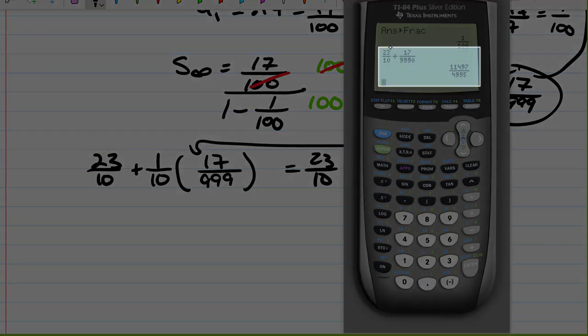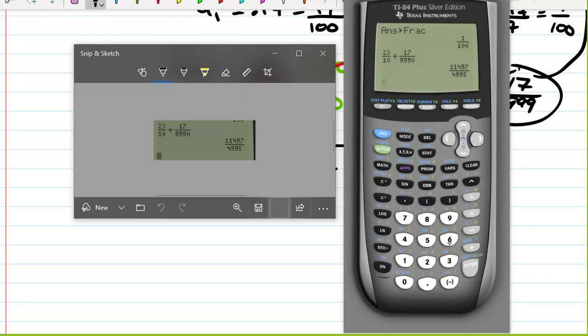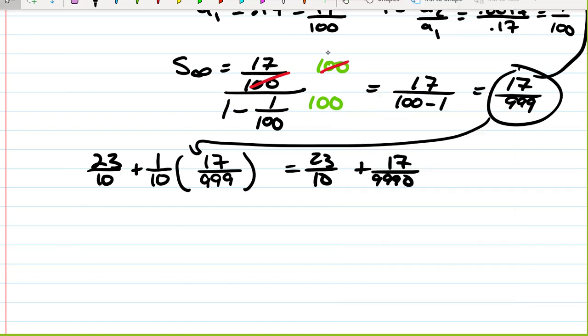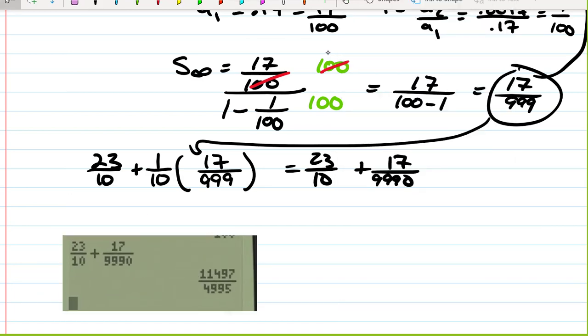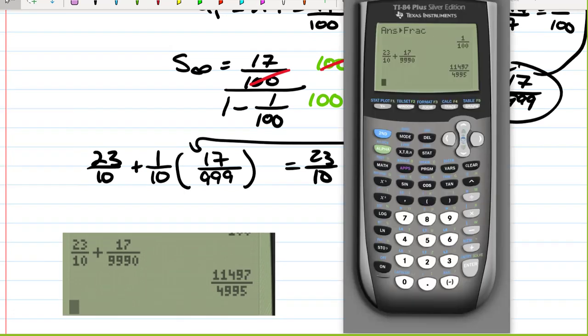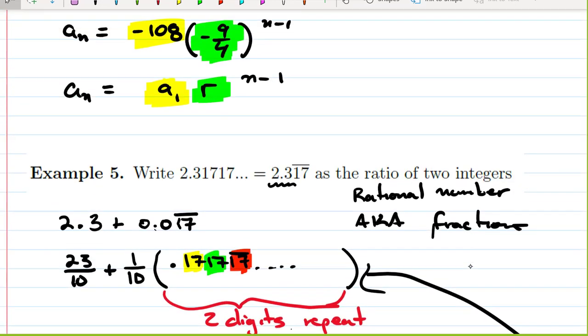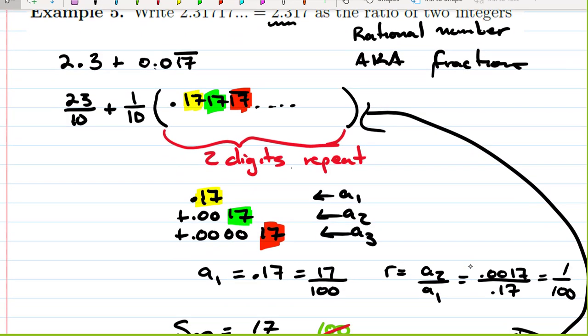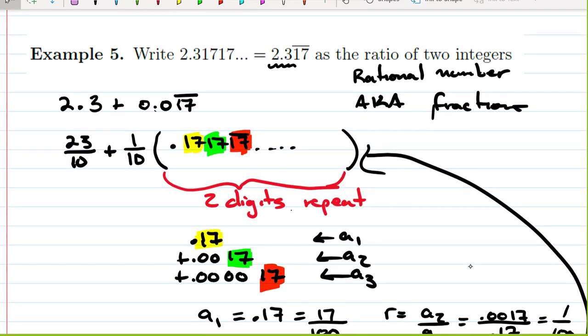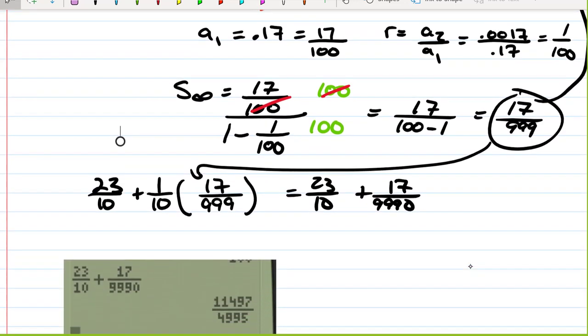So that is our fraction that represents that repeating decimal. And we can check that by just doing the actual division on our calculator or just asking for the decimal approximation. And we get